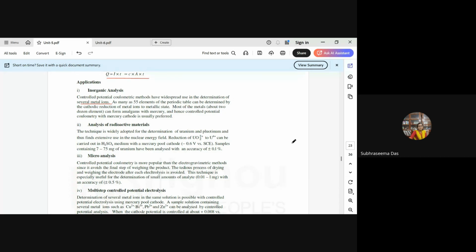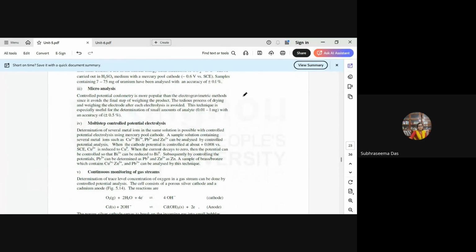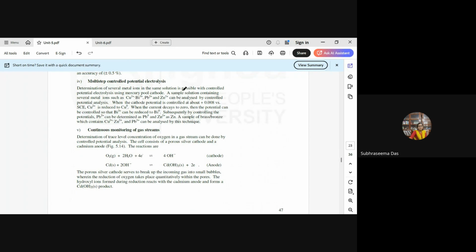field of nuclear chemistry. So, reduction of UO2 2+ to U4+ can be carried out in H2SO4 medium with a mercury pool cathode. In microanalysis, controlled potential coulometry is more popular than the electrogravimetric methods since it avoids the final step of weighing the product. Multi-step controlled potential electrolysis: determination of several metal ions in the same solution is possible